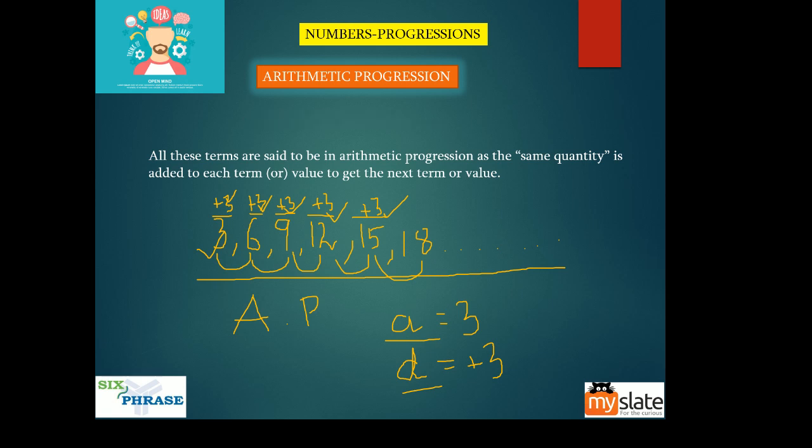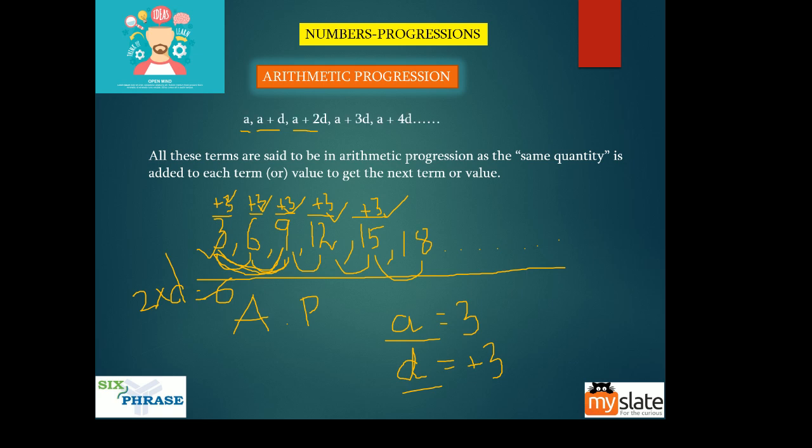First term, second, third, fourth, fifth. Take any term. To go to the next term, you will always have to increase it by D. That is why the first term is A. The second term you increase by D. The third term you increase by 2D, because from A it is 2 times D. From 3 to 9, you increased by 6, and 6 is nothing but 2 into D, or 2 into 3. So A plus D, A plus 2D, A plus 3D, A plus 4D, and so on.